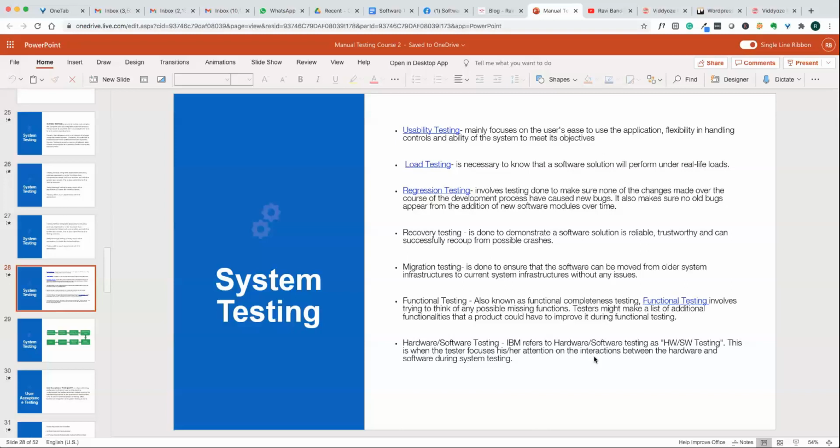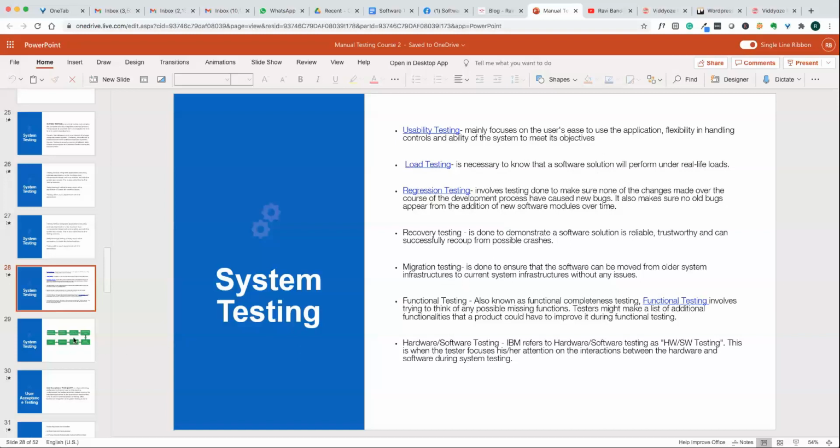Even for software, we have different operating systems, different browsers. We're going to test on different versions of software and hardware. So these are some of the system testing techniques, the methods we're going to use in system testing.